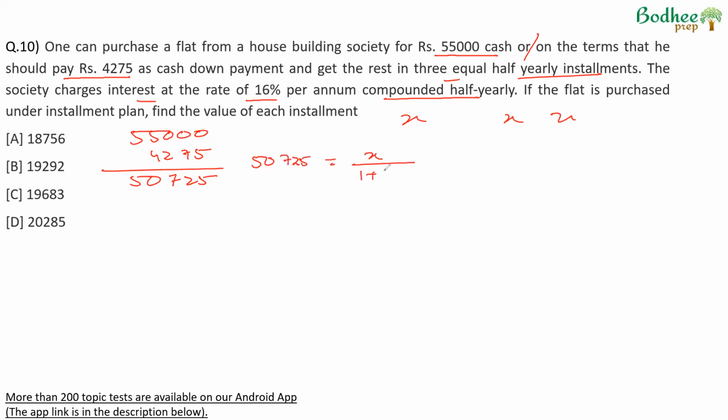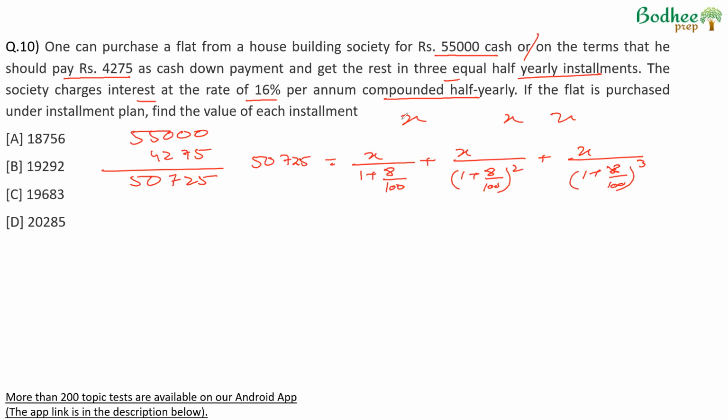The first installment will be x upon 1 plus 8 upon 100. This will be the present value. X upon 1 plus 8 upon 100 square will be the value of the second installment. And x upon 1 plus 8 upon 100 cube will be the value of the third installment. This becomes